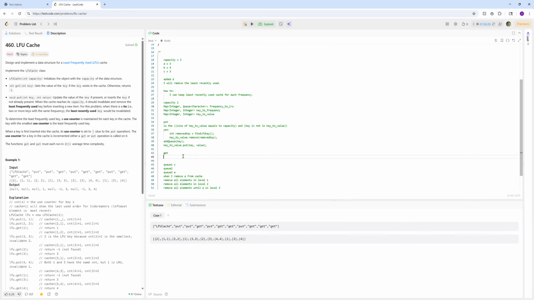So is the key actually in k to value? If no, return -1. If yes,